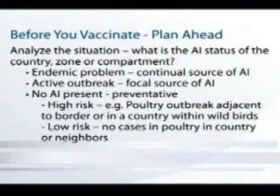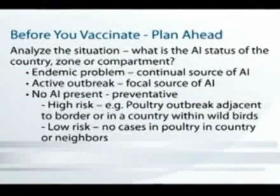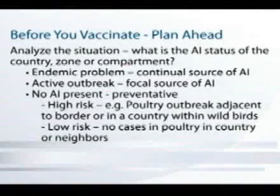If it's endemic, there will be a continual source of avian influenza virus, and therefore the need for vaccination may be greater than, for example, if it's an active outbreak where you have a focal source of avian influenza that you can pinpoint and eradicate by stamping out programs alone. Finally, if you have no avian influenza virus present in that country, zone, or compartment, then you have to look at it as a preventative measure and determine